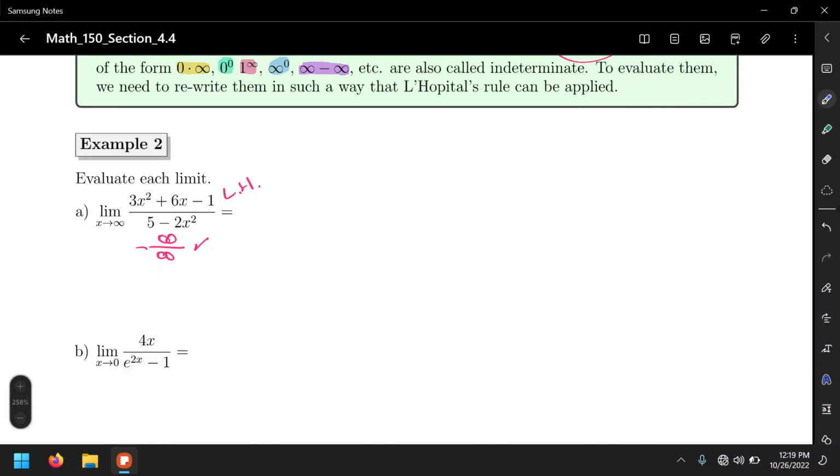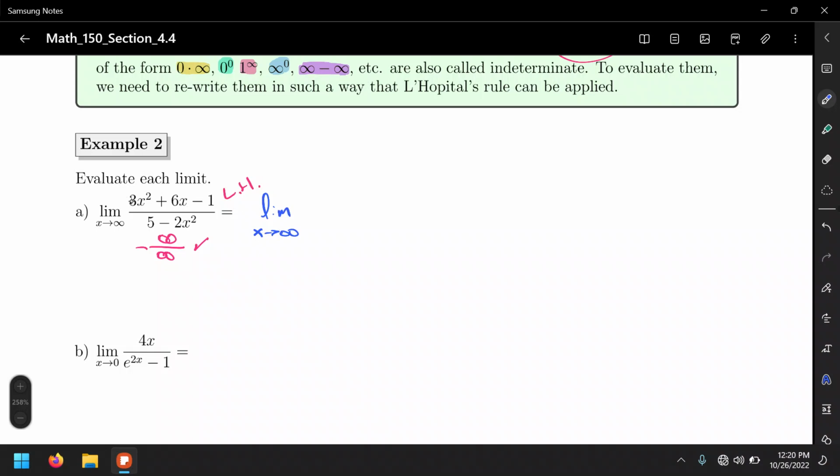We stop writing the limit symbol when we do the direct substitution at the very end, when we evaluate the limit. In the meantime, if we are doing an algebraic manipulation or using L'Hopital's rule, we need to keep writing limit